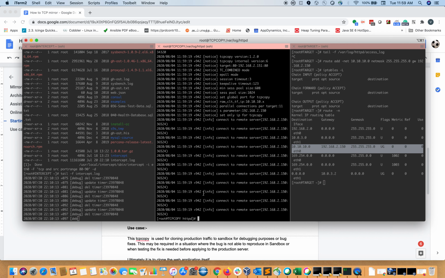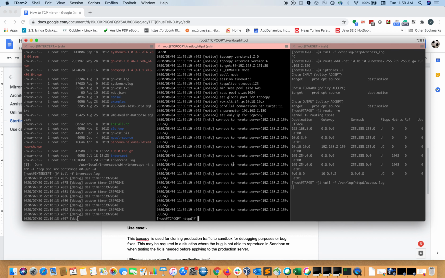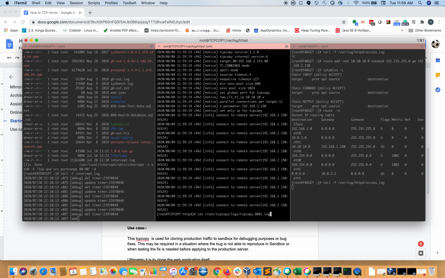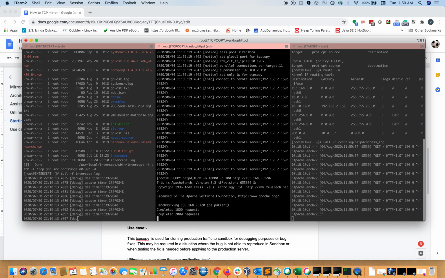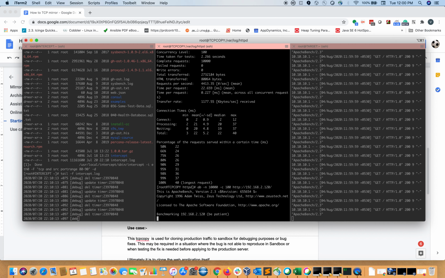So assume that now traffic is coming to the production server. So I am making a call using the AB tool. Yeah, right. So now you can see the traffic coming, right? This is because of your TCP mirroring only.